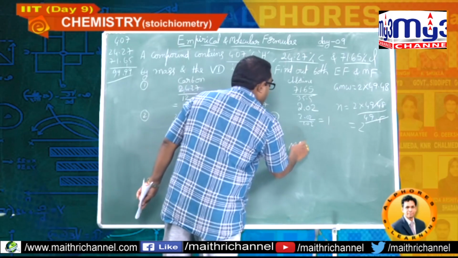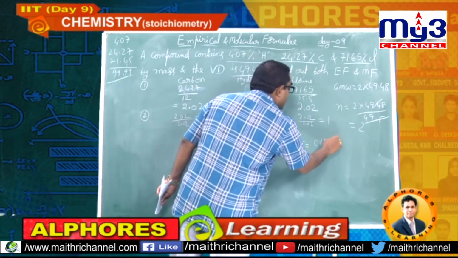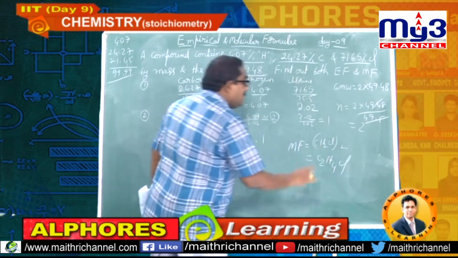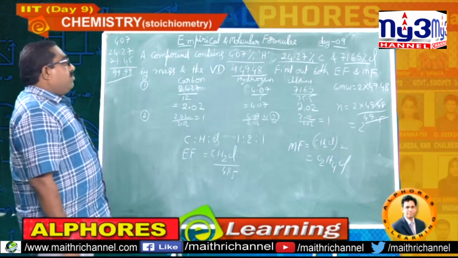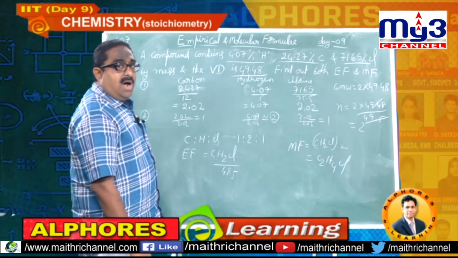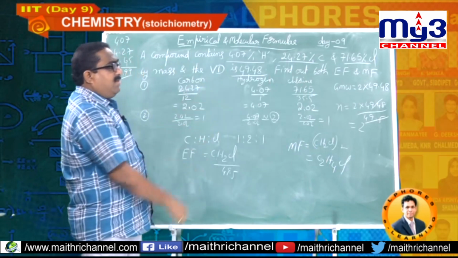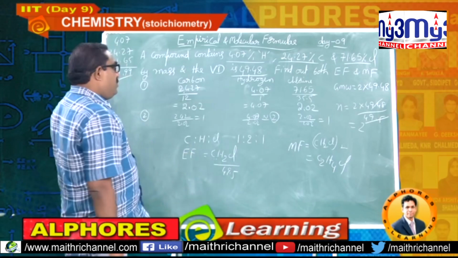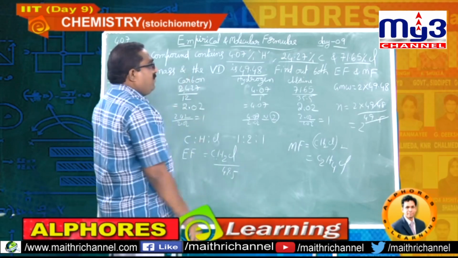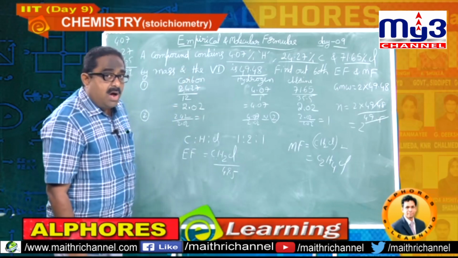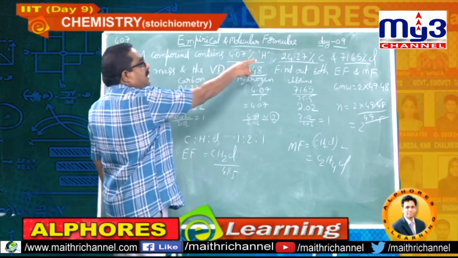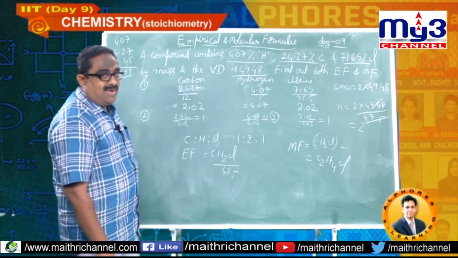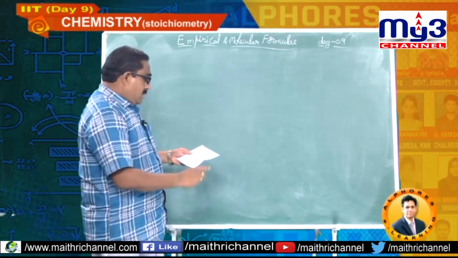Then molecular formula is equal to CH2Cl taken twice, that is C2H4Cl2. So in this way I have deduced both the empirical formula and as well as molecular formula of the compound. This is the systematic procedure that one should follow to evaluate the empirical formula of a compound. If you are given with the respective percentage compositions of different elements present in that compound, please note it down, students. Okay, students,